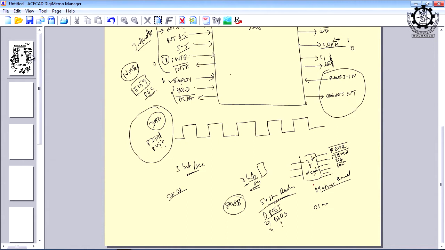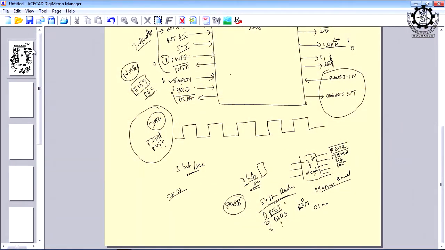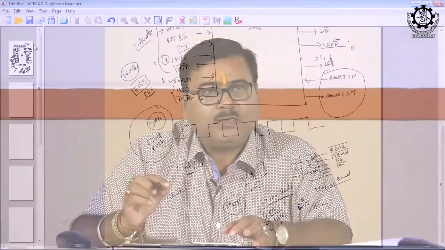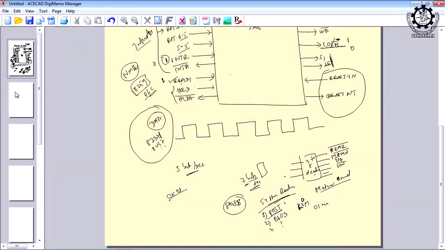Am I clear? So, this POST and BIOS are usually stored in the ROM, read only memories, because it should not be modifiable. Otherwise, there will be problem in operating the microcomputer system, right. So, this power on self test routine and BIOS are the part of the system routine, which will occupy, as I told you, of course less than 1/4, because operating system space is also there. So, this will be initially executed on a microcomputer system, right.